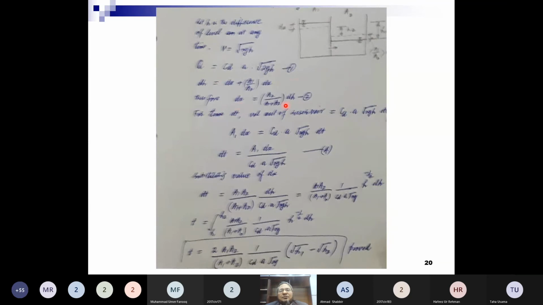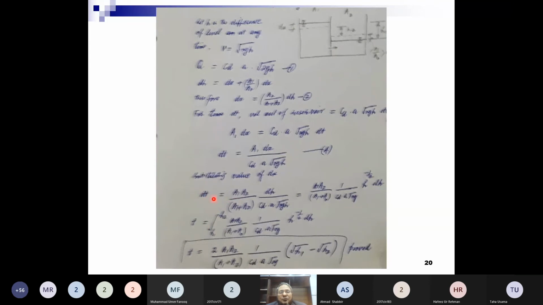Therefore, dx from this equation would be area 2 over area 1 plus area 2 dh. And for time dt, volume out of reservoir would be CDA root of 2gh into dx. And from here, how much is volume for time dt? Volume of water which will leave the reservoir 1 would be area 1 into dx. From this equation, you will get the equation of dt, area 1 dx over CDA root of 2gh, substituting the value of dx from equation 2. So the dt will become like this,